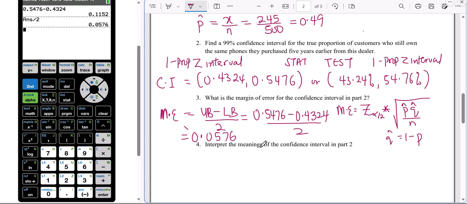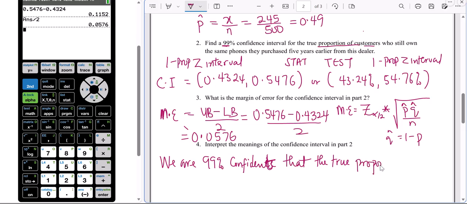Next, interpret the meaning of the confidence interval in part 2. So what is the interpretation for this? Like I said in my previous video, your interpretation will go back to the problem you have. And you start your interpretation of confidence interval with, look at the percentage, we are 99% confident. Don't forget that we are reporting for the population. We are 99% confident that what? The true proportion of customers,